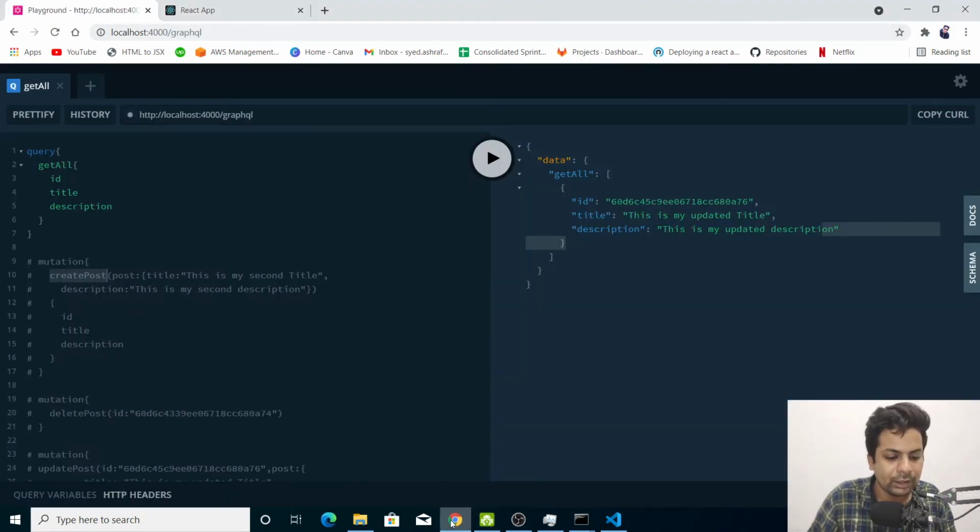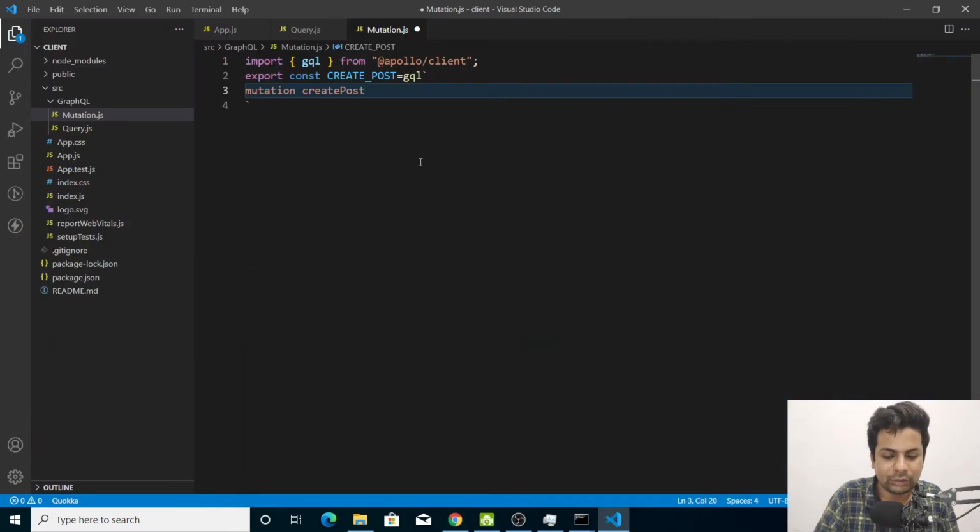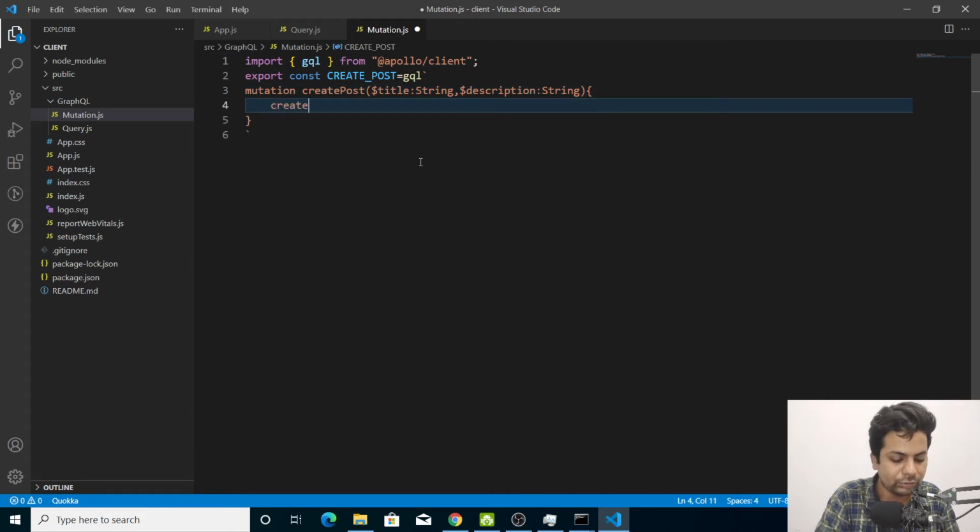Okay, so create post, and here we'll get one dollar title, and that will be a string, then dollar description, that will also be a string, and after that again we'll say create post, then we'll pass a key called post, as we do here.